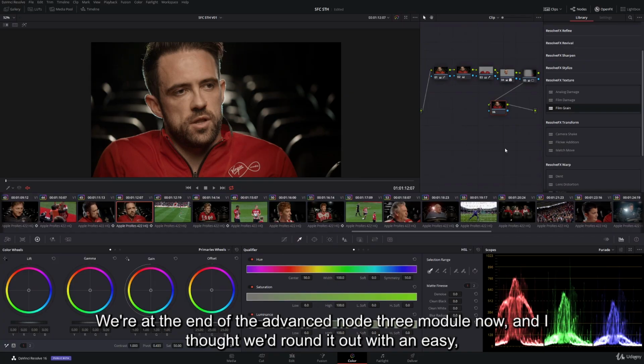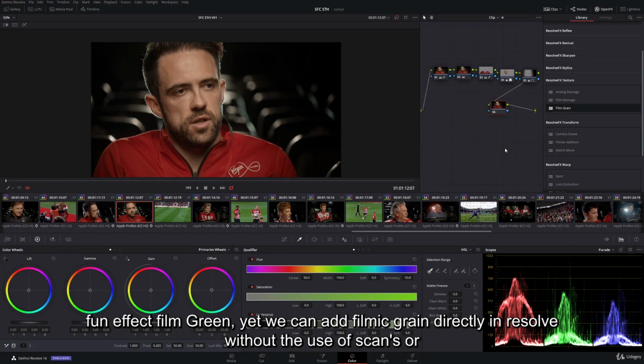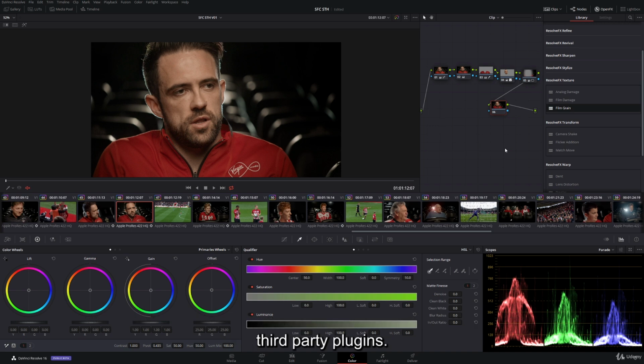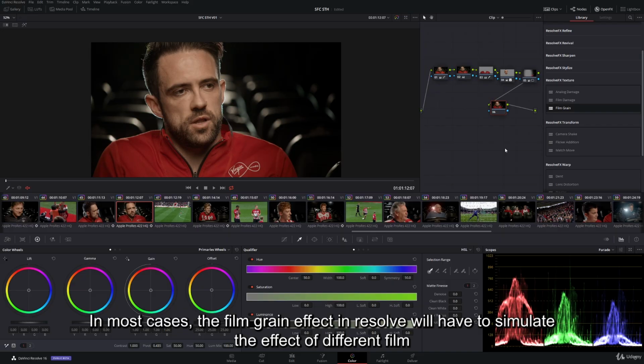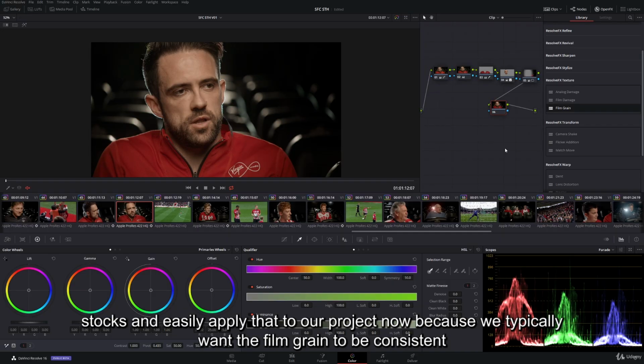We're at the end of the Advanced Node Tree module now, and I thought we'd round it out with an easy, fun effect. Film grain. Yeah, we can add filmic grain directly in Resolve without the use of scans or third-party plugins. Now, scans of actual film grain always produce the best end result, but they're also not free in most cases. The film grain effect in Resolve will let us simulate the effect of different film stocks and easily apply that